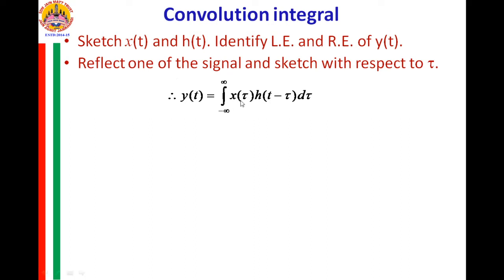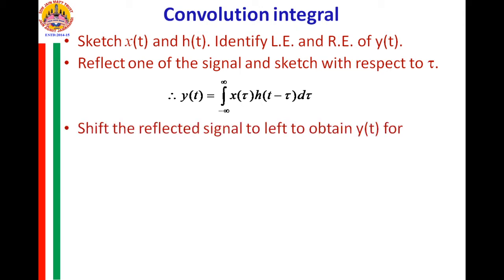So, this convolution operator is commutative. So, you can also write this expression as integral of h of tau into x of t minus tau also. So, either way, you see after sketching x of t and h of t, which is feasible to reflect and go on shifting, based on that you take a decision which you take as x of t minus tau, with respect to the index t minus tau, and which you want to take with the index tau. This decision we have to take by observing both these sketches of x of tau and h of tau.